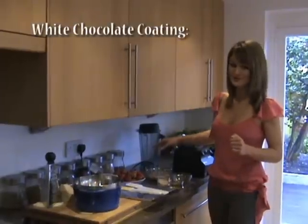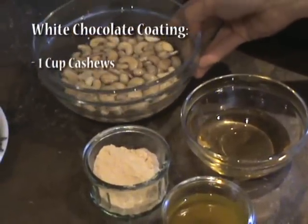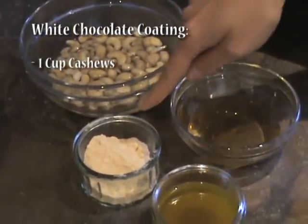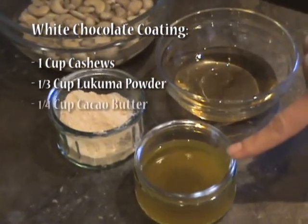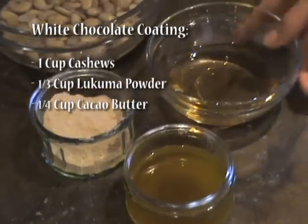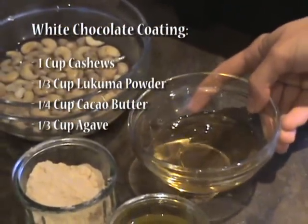For the white chocolate coating that we're just going to drizzle on top, I'm going to have 1 cup of cashews, and I've been soaking them in water for about 2 hours. Now it's going to have 1/3 of a cup of lucuma powder, melted cacao butter once again, and this is going to be about 1/4 of a cup. And to sweeten it up, I've used agave once again, and that's 1/3 of a cup